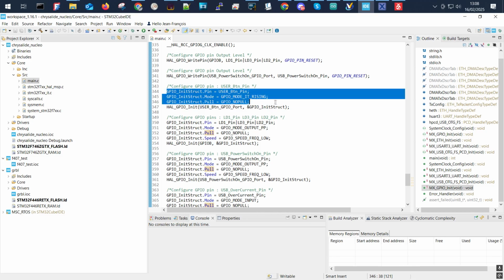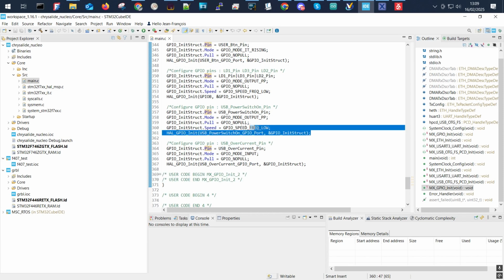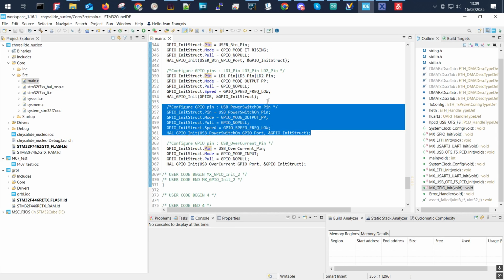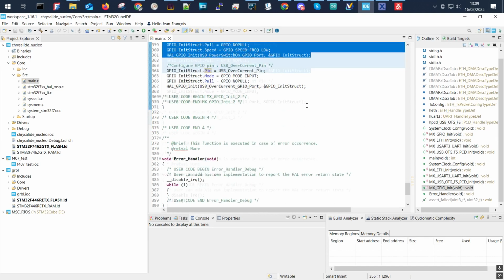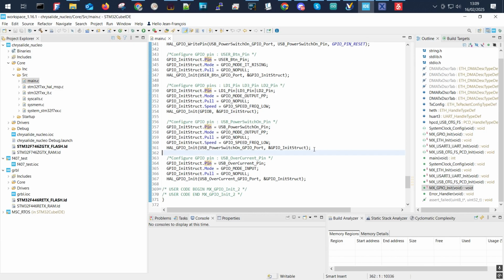Now we have to use a struct and properly fill in the struct with the pin number, the proper mode, if it will be an interrupt, rising edge, or if we want to pull up, and we have to call the function GPIO init with this struct properly filled in. So we have all of this just to set up our pin to a particular mode we want. And this can be automated, it can be abstracted away if we want